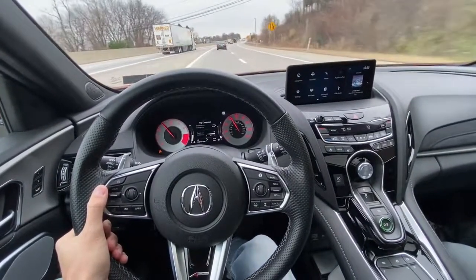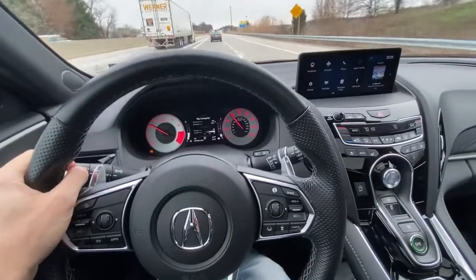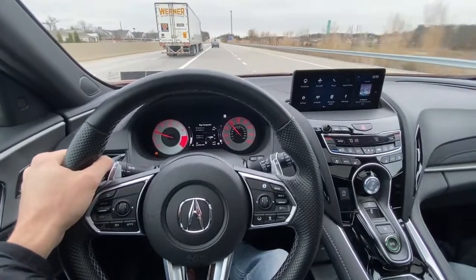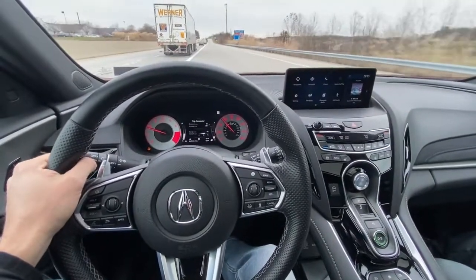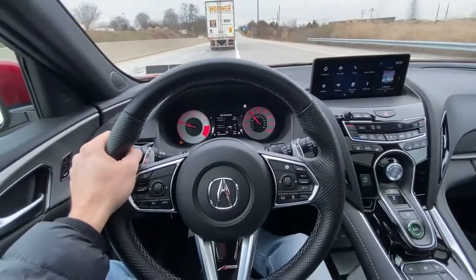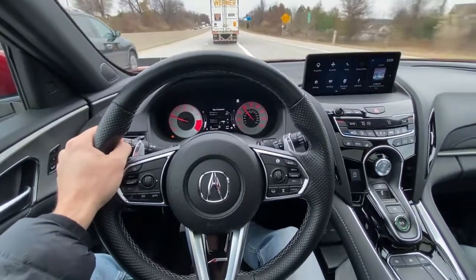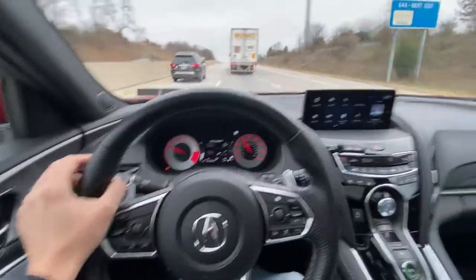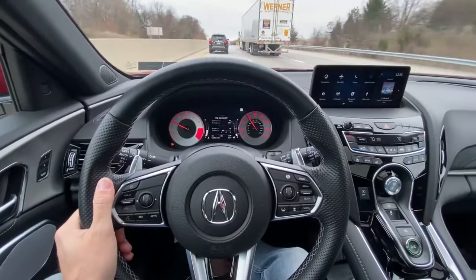Now I know my dad has taken a couple trips on the highway, and this is a comfortable, competent highway cruiser, which can definitely swallow up the miles. And I know I say this almost every time, but lots of these cars I review would be perfectly fine to chew up the miles on the highway. This car I think is super comfortable. The seats are nice. The outward visibility is decent. You can see out of your mirrors pretty well. Yeah, this is a solid car